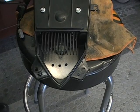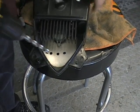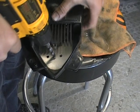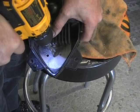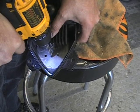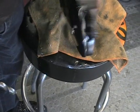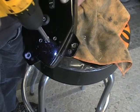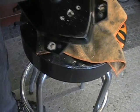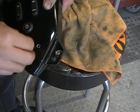So I'm going to go up just a couple sizes on the drill bit. You can look at what you want. This is a 25/64, if you don't have that big. But it'll just give you plenty of room. You don't want to go too big. Now, what I like to do is go a little bit on this side. Since it's a big bit, once it starts to grab, it's going to rip through. Flip it over and finish drilling on this side. And just clean that out. Again, if you got those little tabs on there...